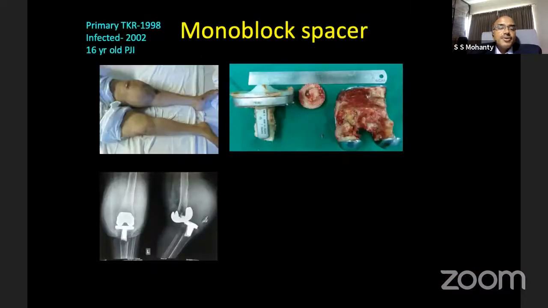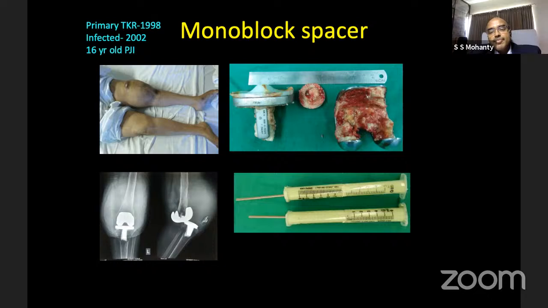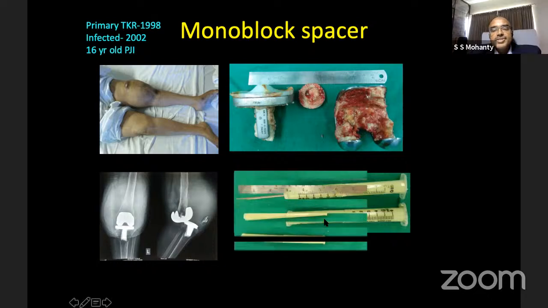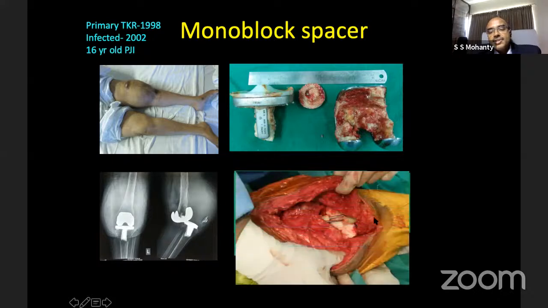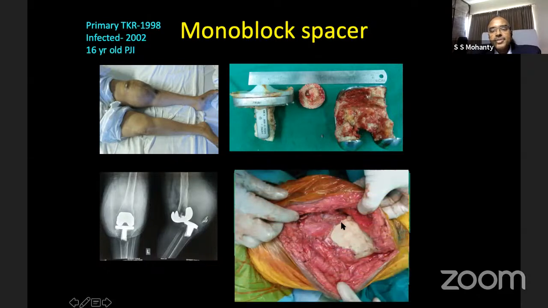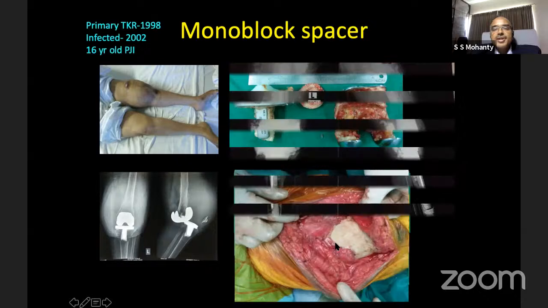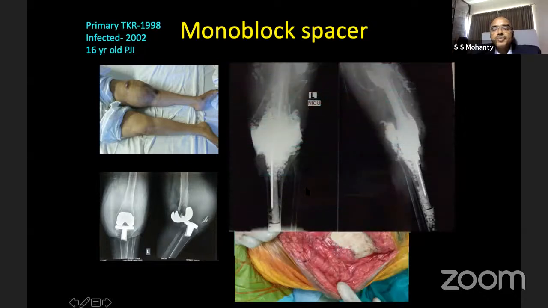This is an infected, dislocated knee, infected for more than 16 years. There is a discharging sinus there. So here, when the joint is unstable, we prefer to put a stable static spacer there. We prepare the spacer like this, taking 2 5cc syringes, joining them, putting cement dowels along with K-wires inside. Then we put one of the dowels inside the femoral canal, one in the tibial canal, and then we pack the cement in the spacer, putting a static spacer, and that is the post-operative X-ray.